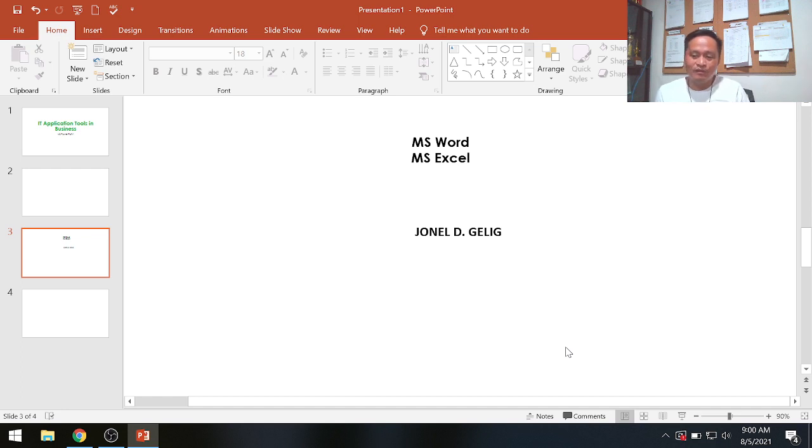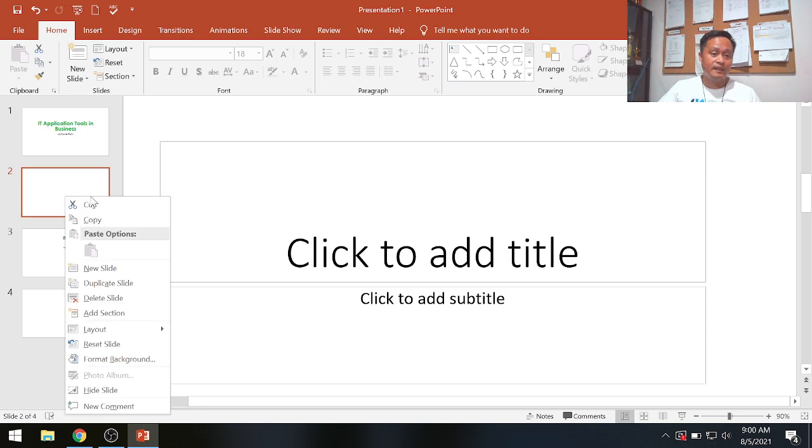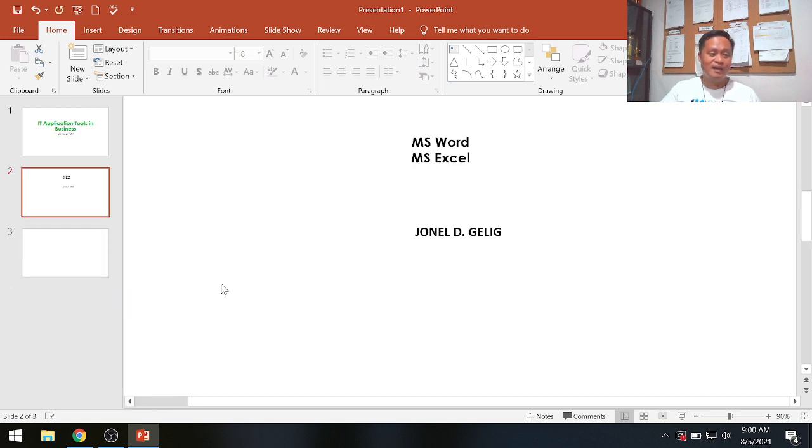Alright. Now I have several slides. What if I want to delete slide number 2 because it doesn't have content? It's empty. So how to delete? Very simple. Point your mouse pointer to your desired slide that you're going to delete. Right click and look for Delete Slide. And when you click Delete Slide, slide number 2 is gone and it's being replaced by the previous slide number 3, and now it's in number 2. Okay, so that's deletion